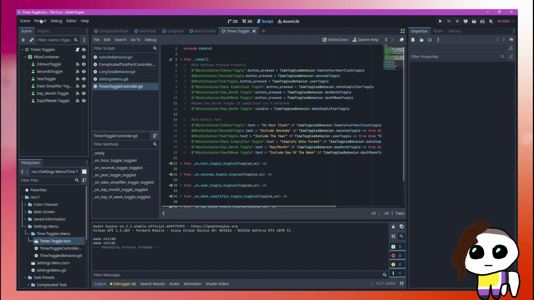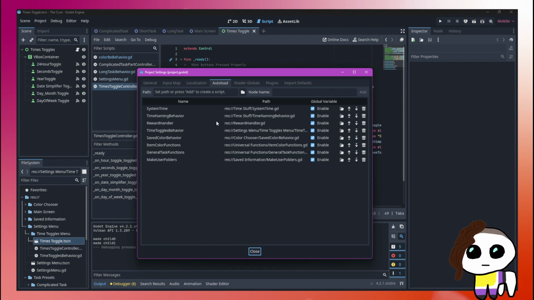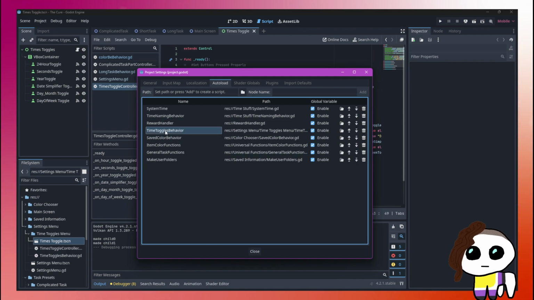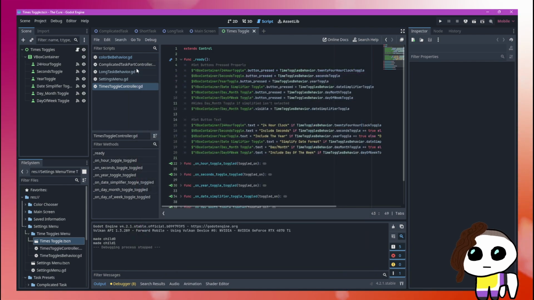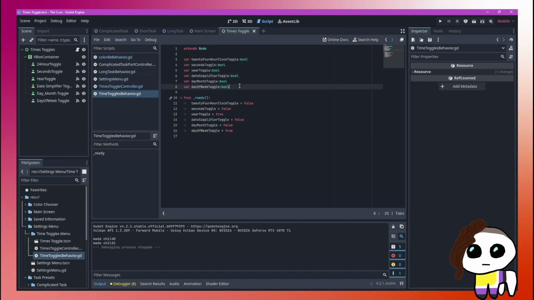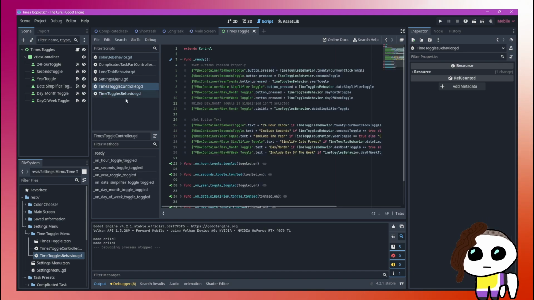I also, okay, project settings. Time toggle behavior is the other one. Okay. What I need is to save time toggle. Okay, time toggle controller. What I need is